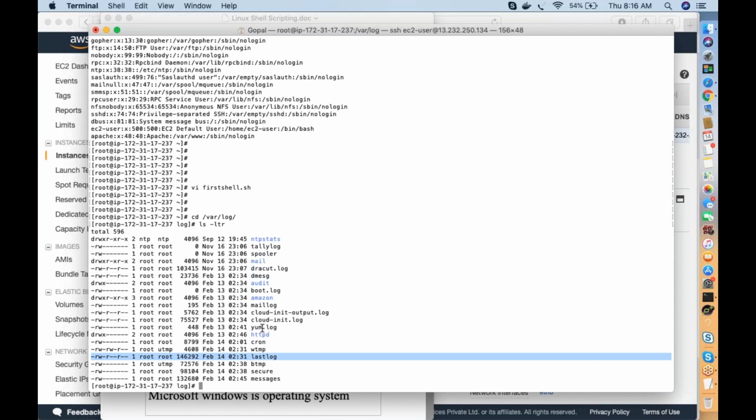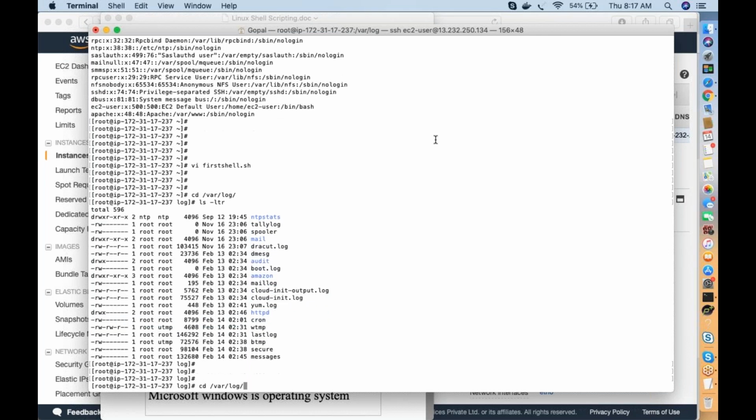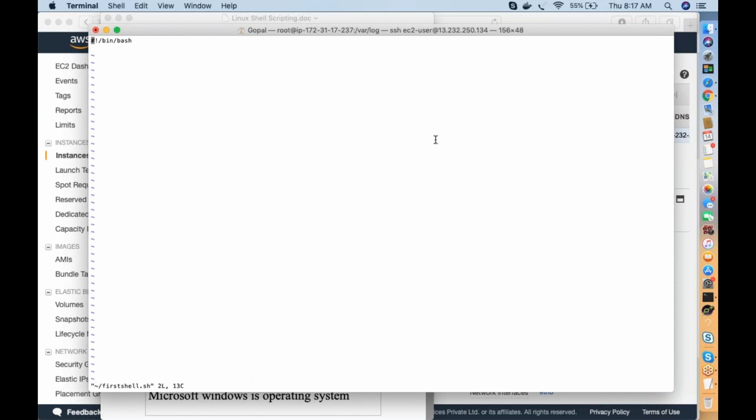As part of that, I want to remove the content inside the log file, but the log file should still exist here. I just want to make it empty, 0 MB, to save space on the server. So which path is the file in? cd /var/log.